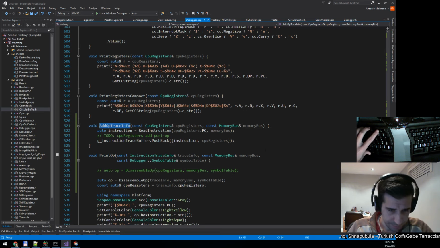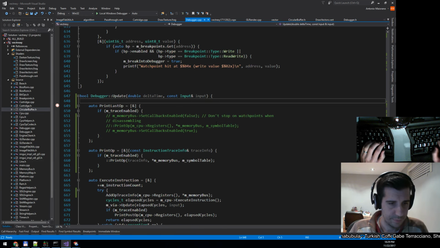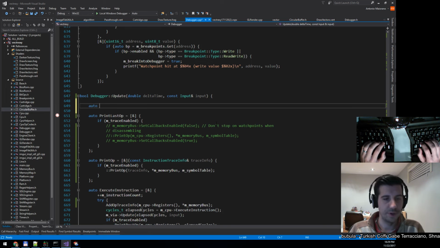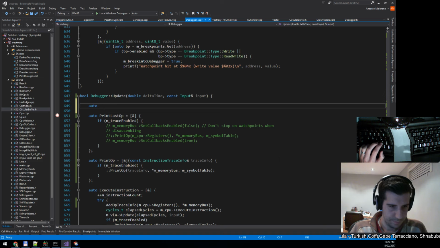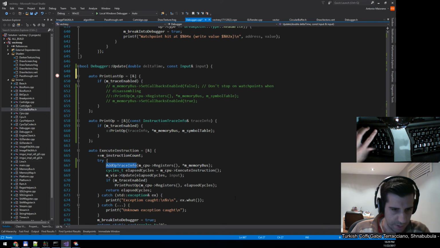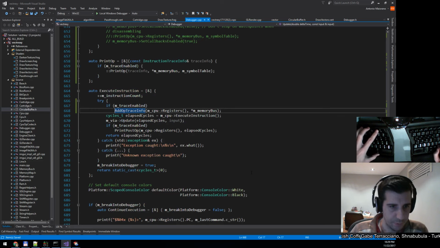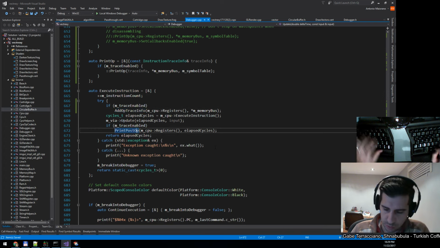What I'm going to do, similar to how I did for print op, I'm going to add a kind of a helper. Oh, no, I don't really need to do that. Add op trace info, I can do like this. If trace enabled, we do that. So we add the trace info, but this will be like before we execute, and then we do print post ops. This will be similar, except this will become